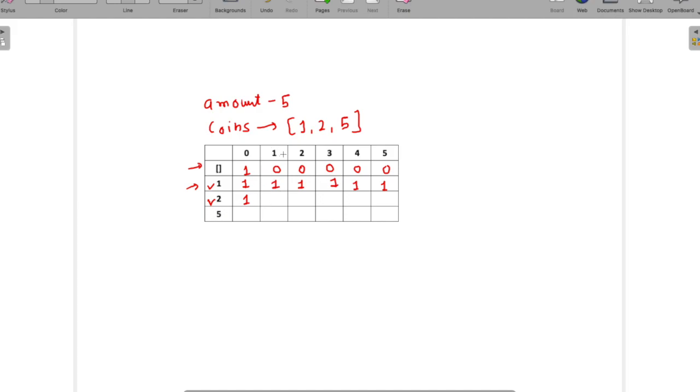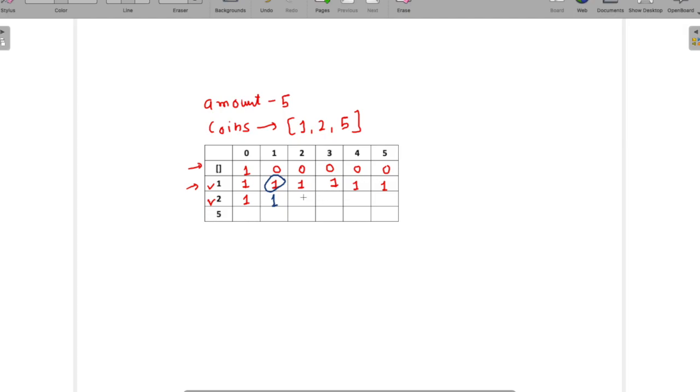For 1, what all possibilities can we make? So 1 is going to be 1, we know, since with 1 as a denomination and amount equal to 1, we can achieve one possible combination. Is it possible to get a second or different combination with the 2? If you see, amount is less than the second denomination, so there is no way we can create a second possible solution. So we'll take the result directly from the above row. So we'll put 1.